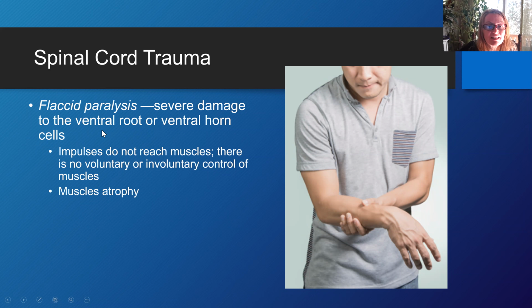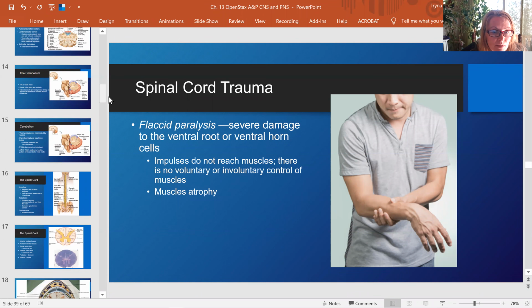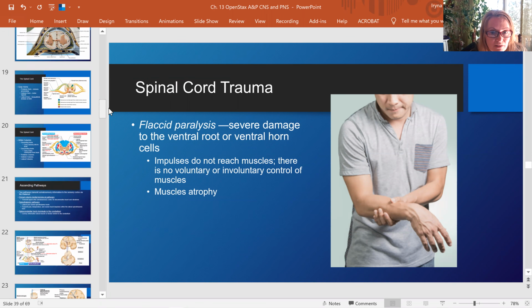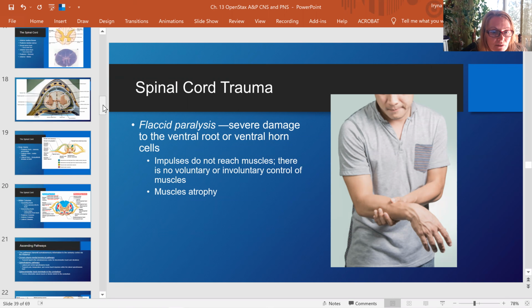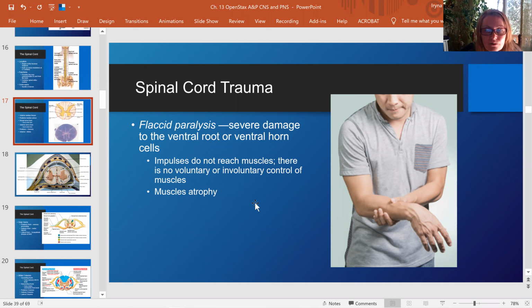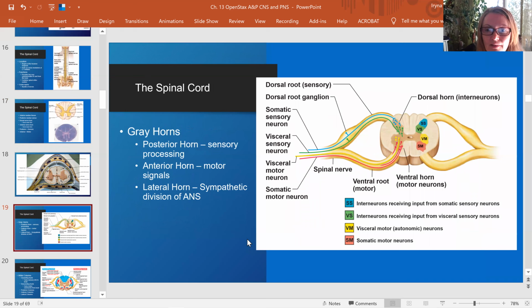So for example, if we damage the ventral root or ventral horn, I'm gonna show you where it is. I know it's a long video, but if you have no idea where the ventral root or ventral horn is, or you forgot, okay, where's a good area to show it to you? Right there, right? So if you have damage in a ventral root, somewhere over here, or ventral horn, right there,